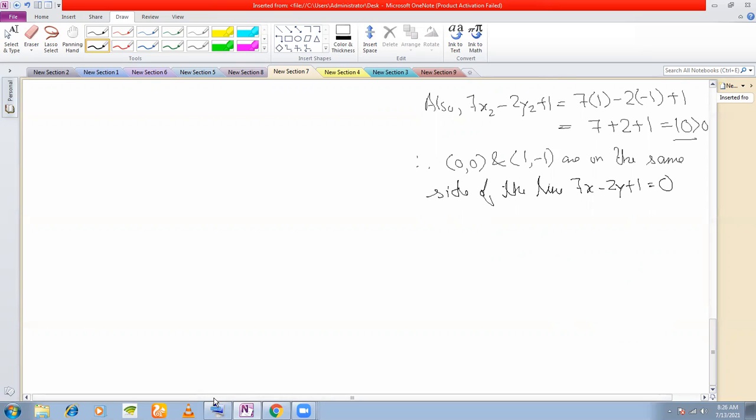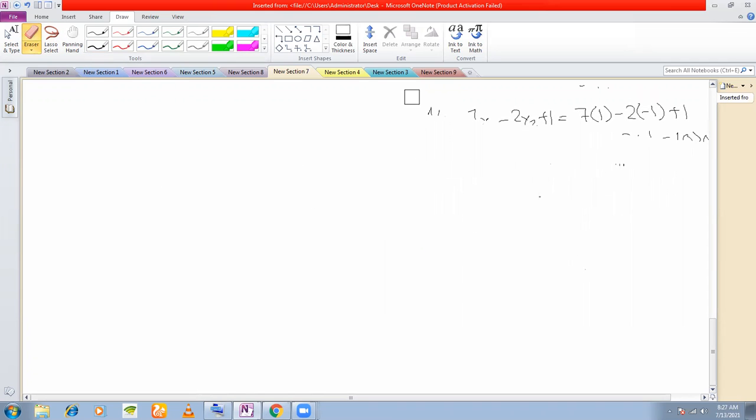Yes, sir. Okay, once this is clear, then we'll move on to the problems. Also, what you must know here is just a reminder. In fact, I have given you this formula. The angle between the straight lines: tan psi is equal to plus or minus (m1 minus m2) divided by (1 plus m1 m2). Okay, remember this. If the angle between two straight lines is psi, then it is given by this. We'll be using this. Fine. So let's move on to the problems after this.